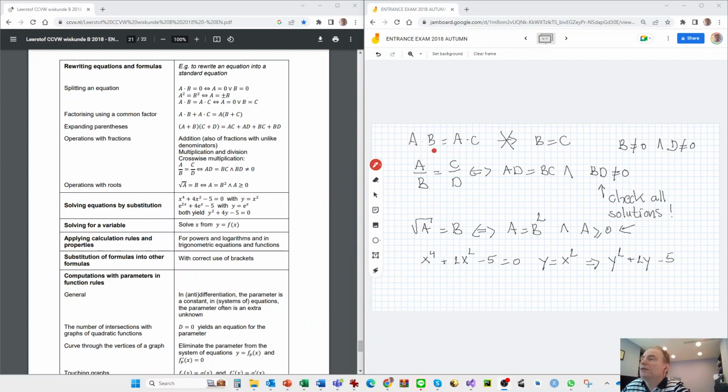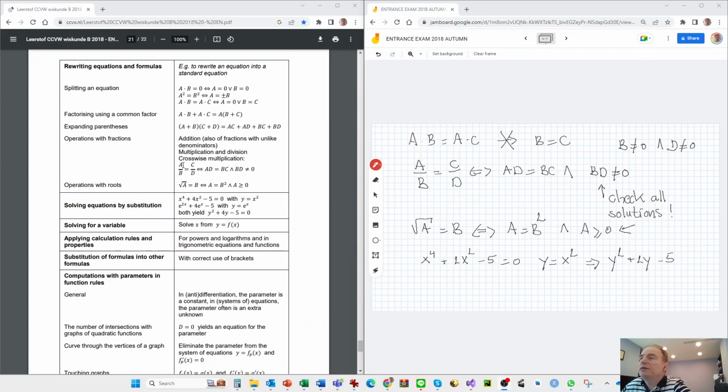And be a little bit careful here. Say you have an equation like this, a times b is a times c. You'll be tempted to divide out a and conclude that b equals c. But that's wrong, because a also can be 0. So you have to include that situation, that a equals 0. Then this is pretty trivial. Now,